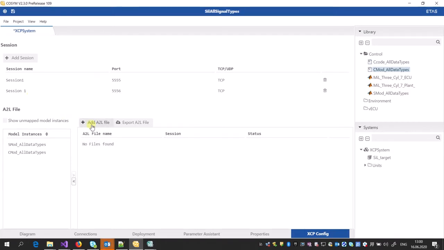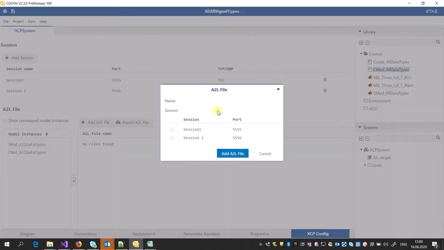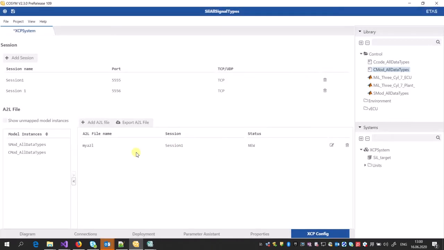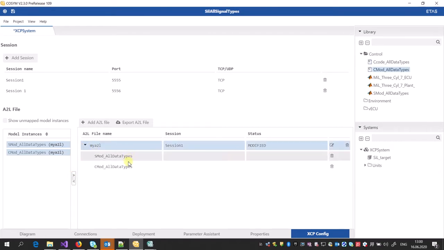Okay, let's create an A2L file. I'm going to call this myA2L, and I'm going to assign this to session 1, for example. Each A2L file can have just one session, and this is a restriction that this protocol has. So I add this A2L file, I add the first model and then the second model to my A2L file, and we are done.